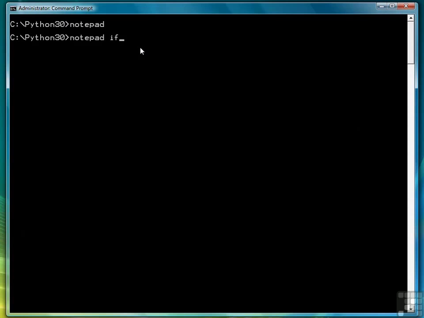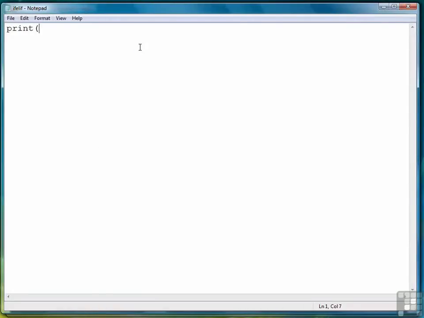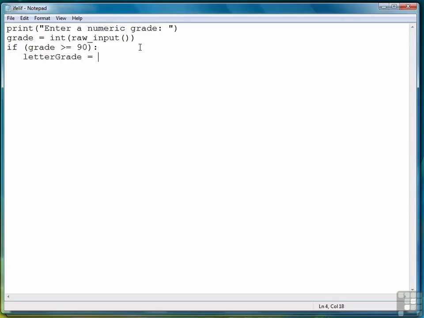We'll call this if-elif.py. So the first thing we're going to do is say print, enter a numeric grade. And then we'll say grade is equal to int raw input. And then we'll say if grade is greater than or equal to 90, letter grade equals A, elif, and actually